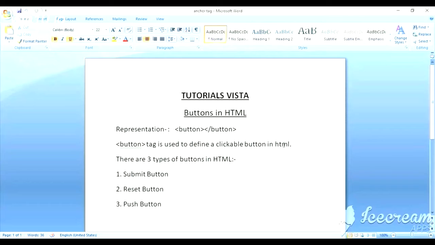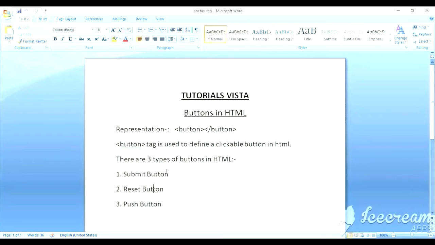These are custom buttons to update the information or edit or for any other action of your own choice. These buttons can be made to work through JavaScript. Remember, you always need to specify the type with the button so that the browser can know what type of button it is. For push buttons, we use type button. For reset button, we use type reset. And for submit, we use type submit.